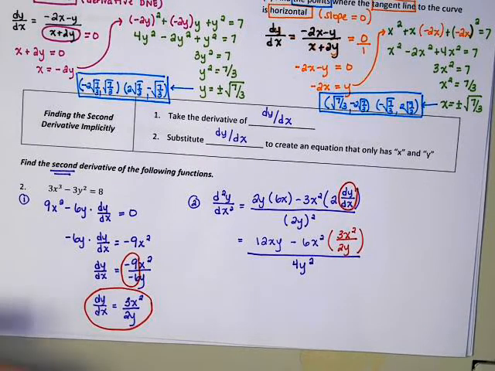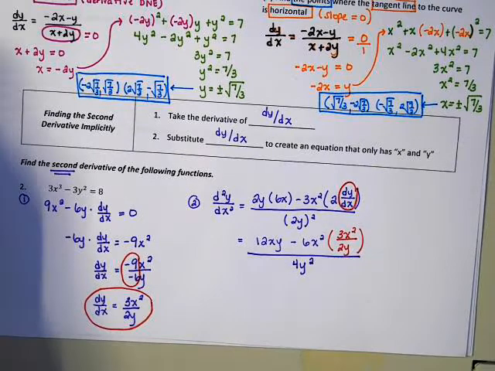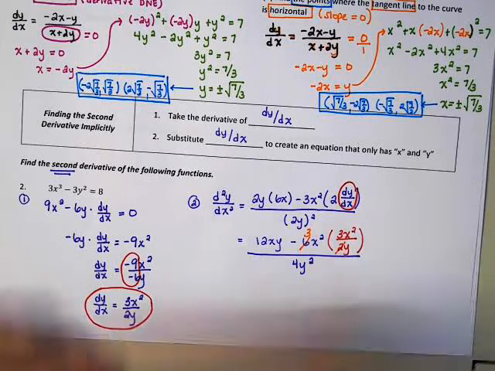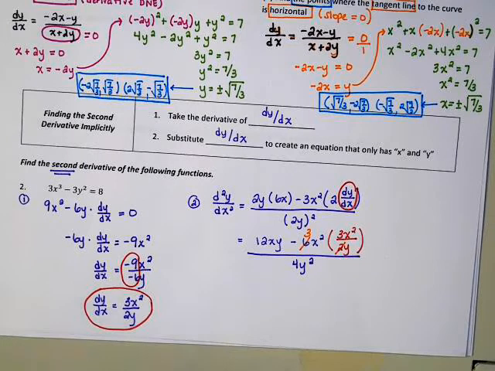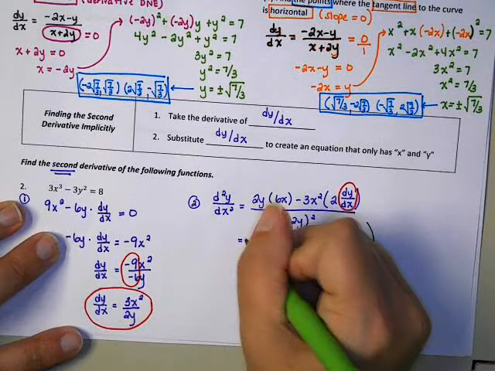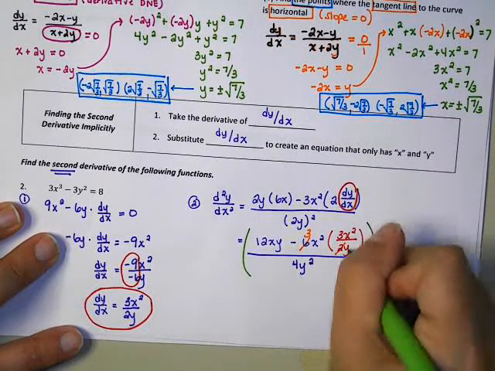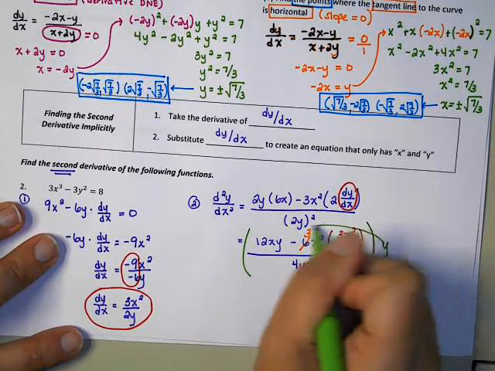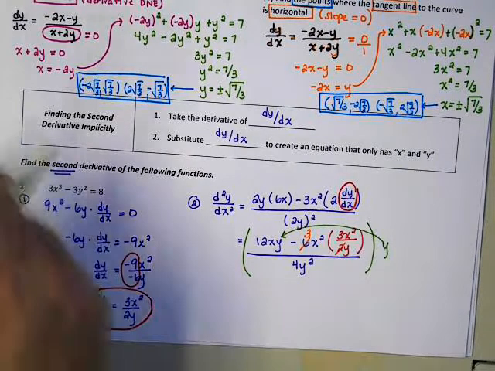So what I notice is that the 6 is divisible by 2. So I'm going to change this 6 to a 3, and I'm going to cancel the 2. And now the only thing that's left in the denominator is y. So I'm going to multiply everything in this equation by y in order to get this y to cancel. So I'm going to distribute the y to the first term here, which gives me 12xy